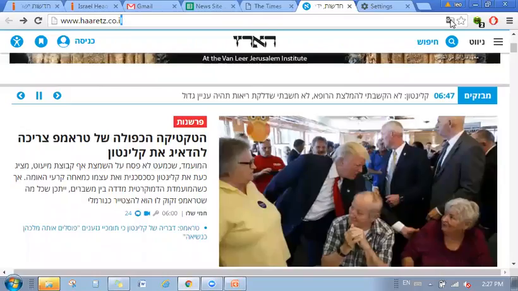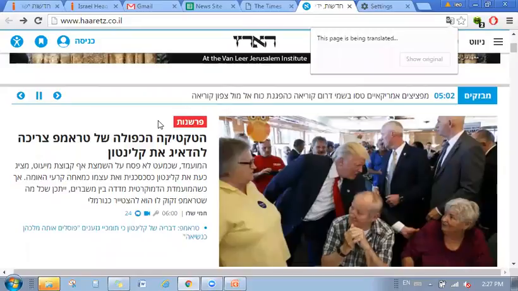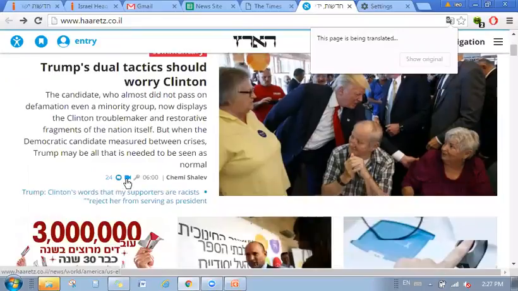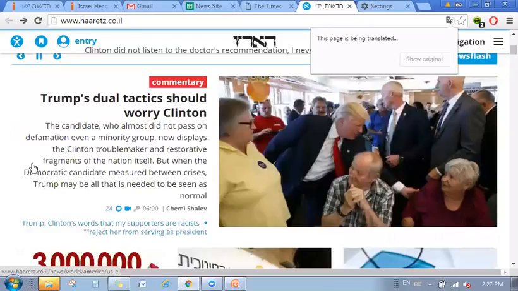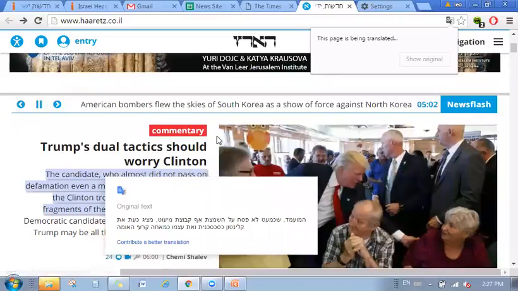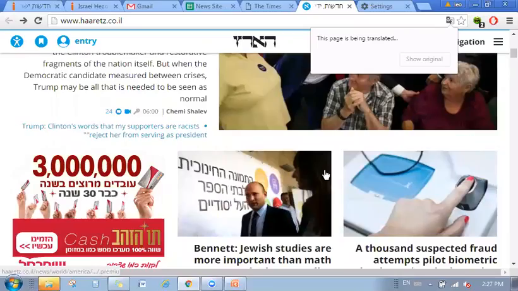So what I'm going to do is click this one, translate page, and then translate. Just wait for a few seconds, and Google Chrome will translate it for you. See? It will automatically translate. And then we're going to look for the headline news. So let's look for the headline news within the country.